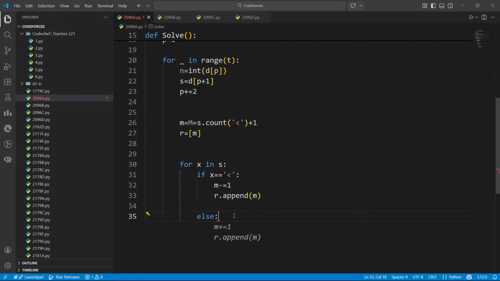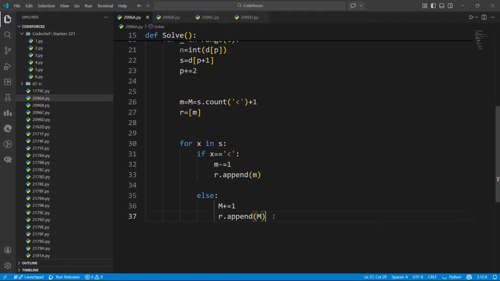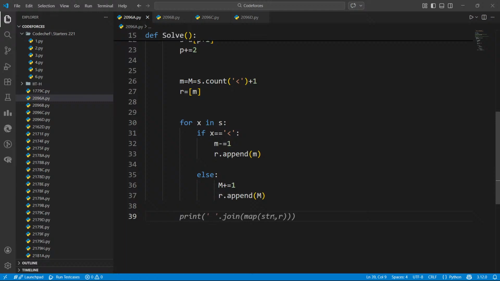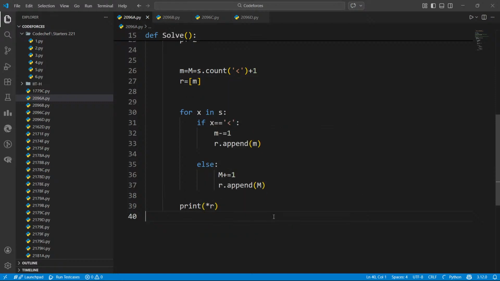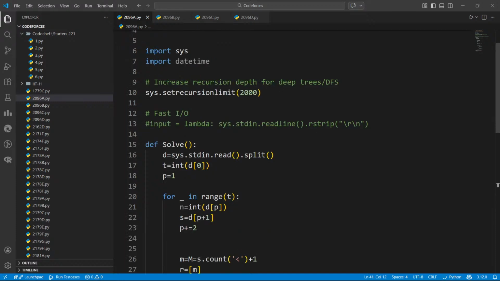Else, we'll increment our m, and then we'll again append it, and then we'll print our answer.